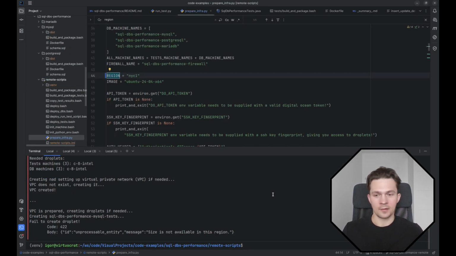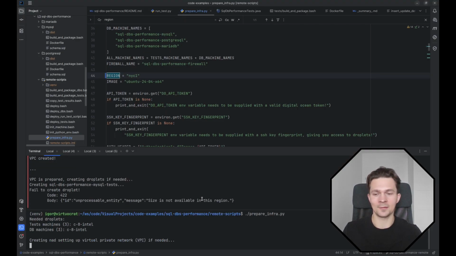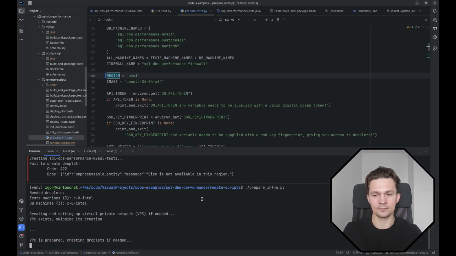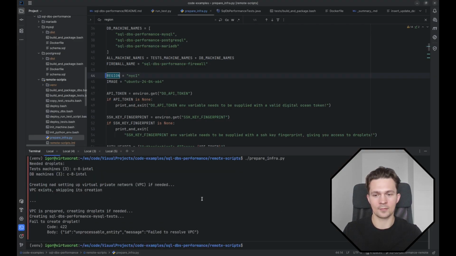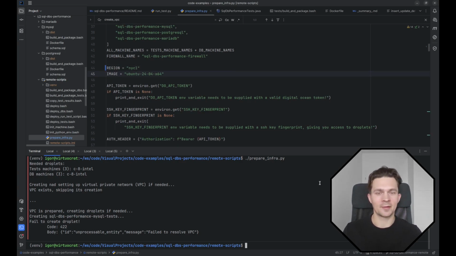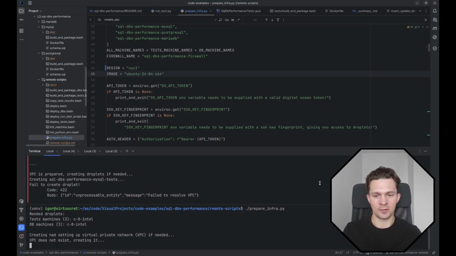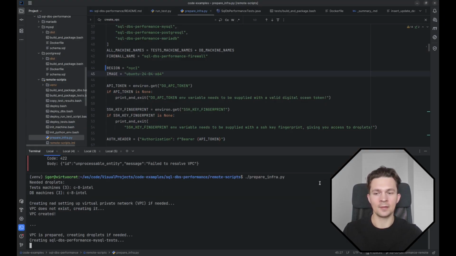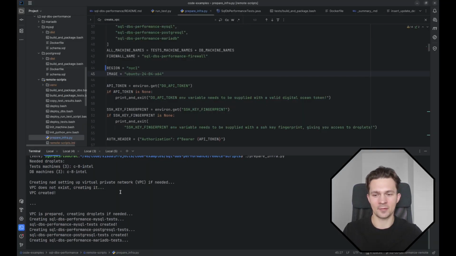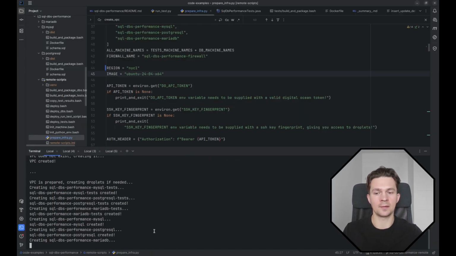I didn't expect that, guys. Droplets of this size will not be available in my region of choice, so let's change it to New York and see. One more bug and we should be good to go. Let's ignore that. I changed the region, and as you can see,